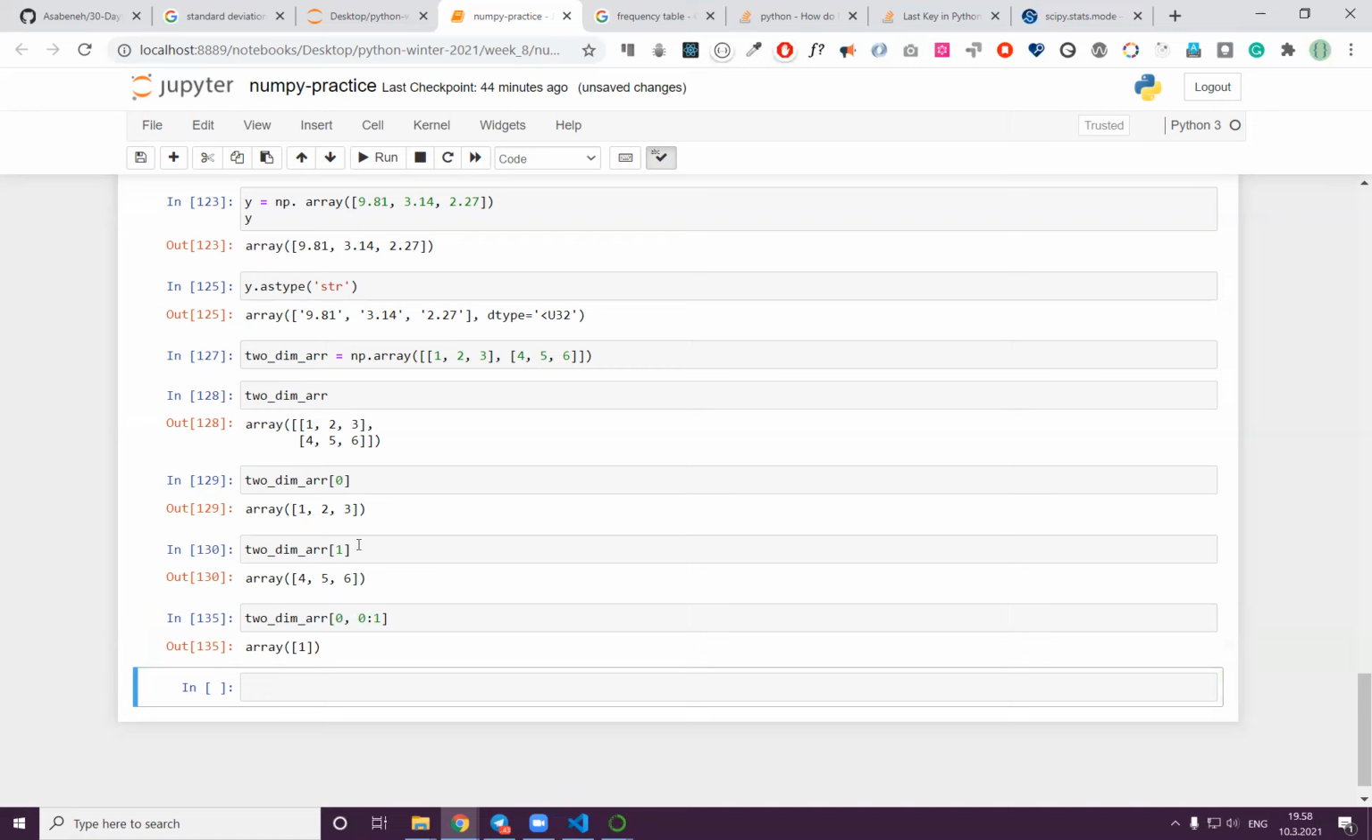That means the first row, and then from the column, from this, we just take out that. Okay, maybe if I put up to, yeah, up to